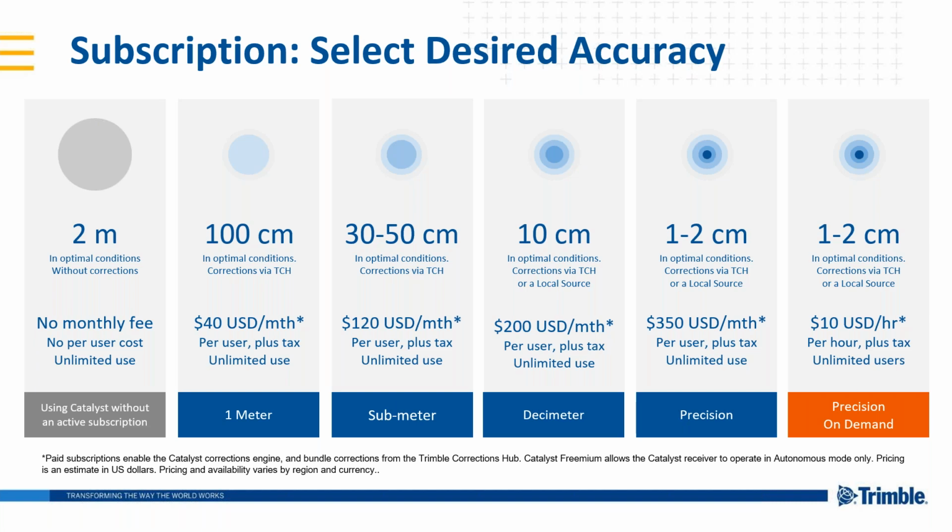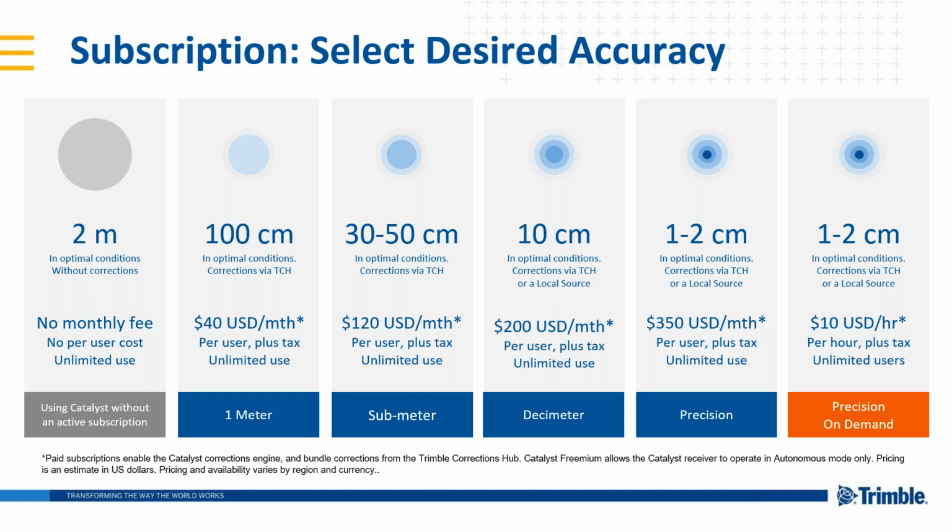And again, the prices that are shown there are in US dollars, and that is just an indication as to what the price will be per month in your region. And then the option that's on the far right there in the orange is the same level of accuracy as the precision monthly subscription, but instead of subscribing monthly, this is more of an on-demand model where you buy a block of hours and pay as you